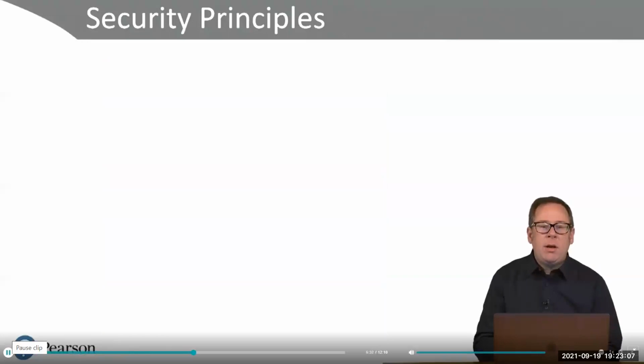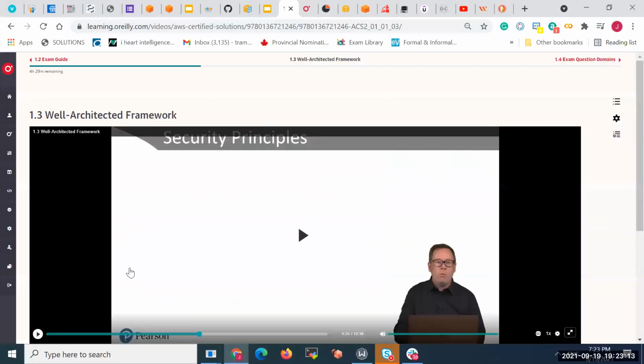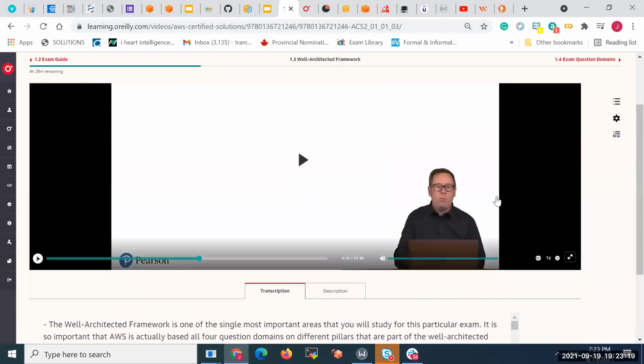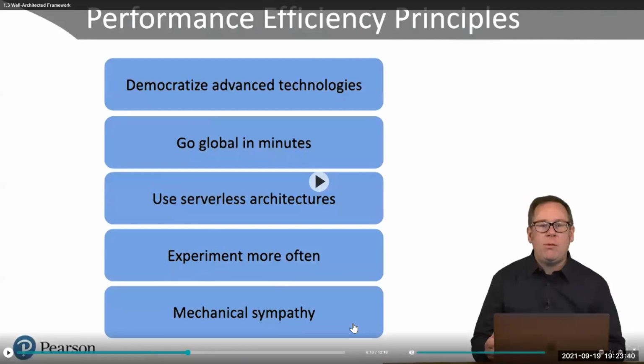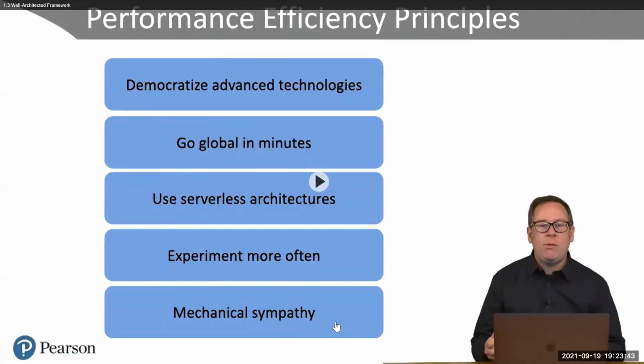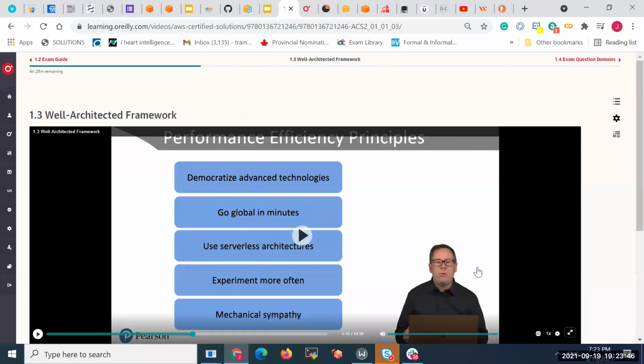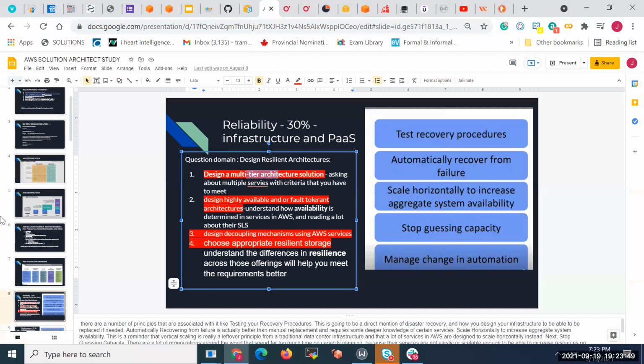I have a question, I'd like a bit more clarity on mechanical sympathy. Pardon? Mechanical sympathy. I'm not able to correlate it to a real-life example of what you meant by requirements determining the technologies. You mean the security principles? No, the previous one. Let me go back. Yeah, this one, mechanical sympathy. Yes, sure. Let me go back to this.